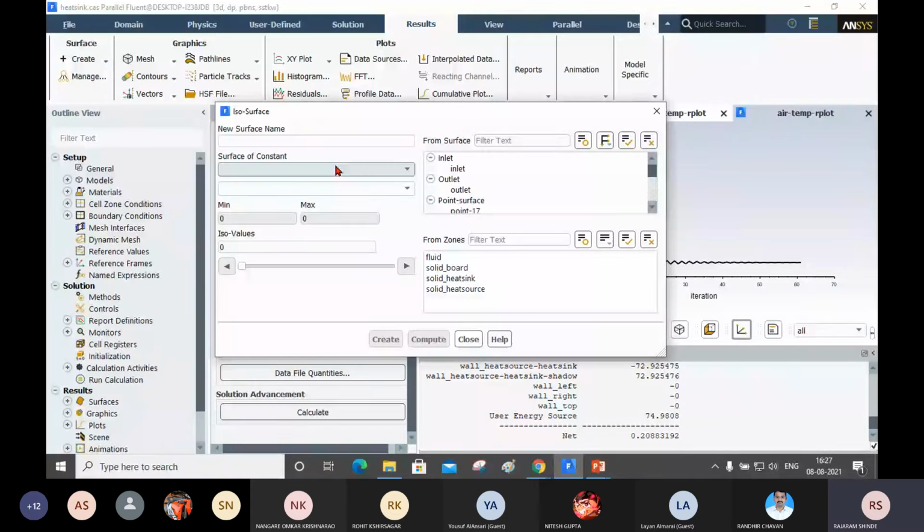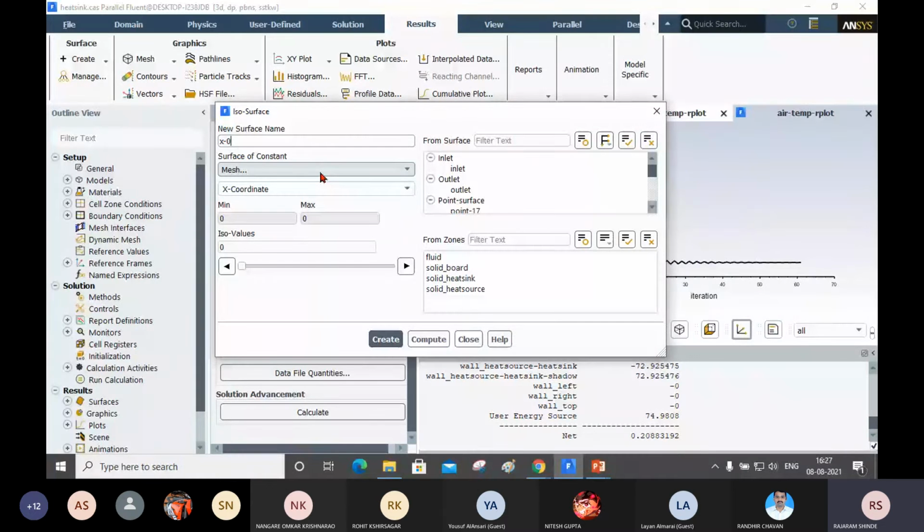Here I am going to check this mesh. Then I will keep x coordinate 0. Here I will give the name x0. Okay, and then I'm not going to select any boundary because I'm not going to create the surface on the boundary.